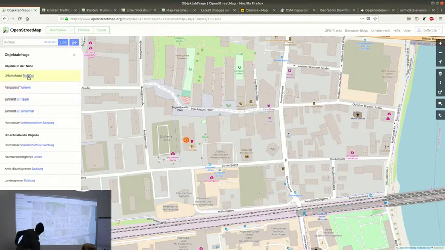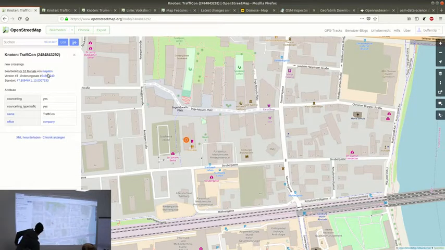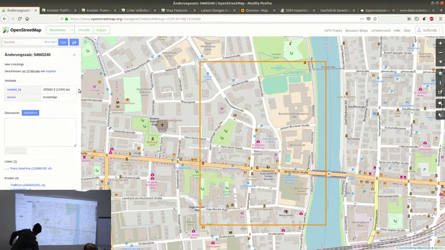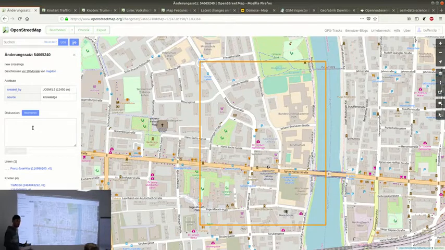So here, for example, is Traficon company, and here you can see the change sets. When Traficon was edited last time, there were also some other things mapped. And then, for example, you see the person who mapped it, and if I have a question, I can just comment, and then the mapper who edited this can also respond, and then there's some conversation going on,